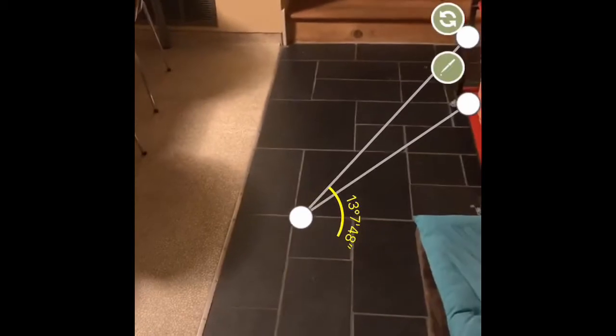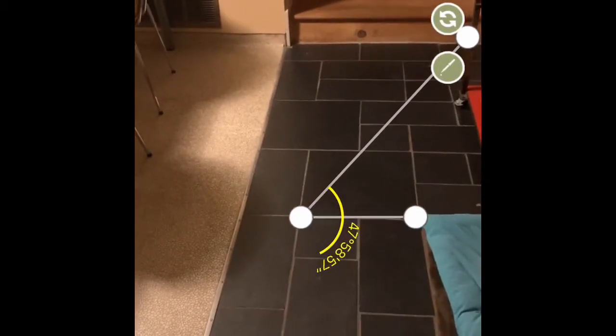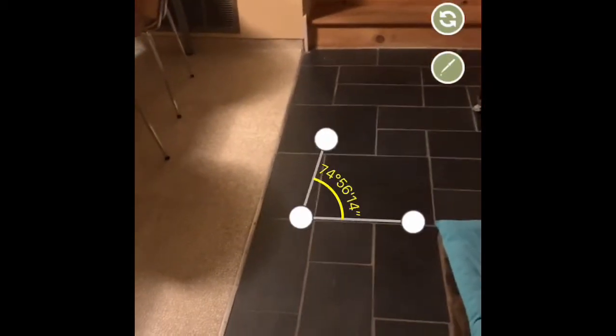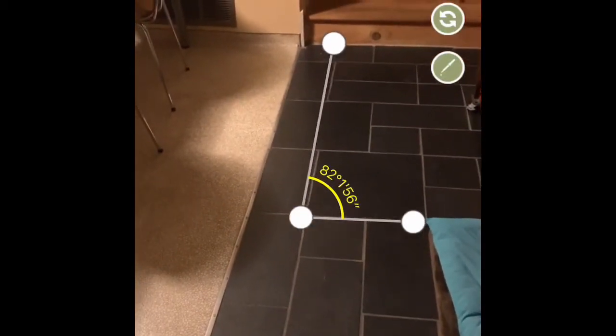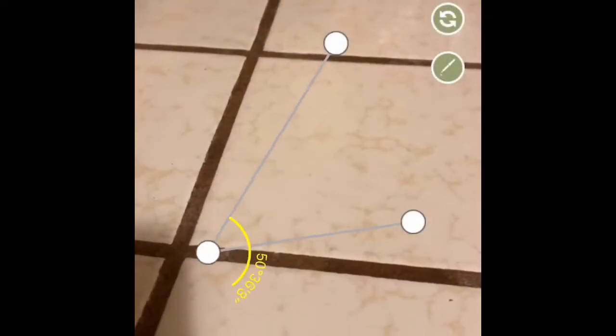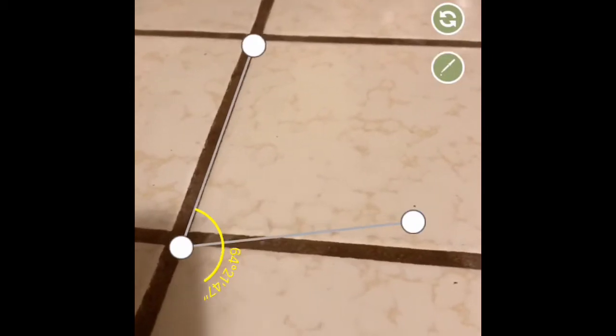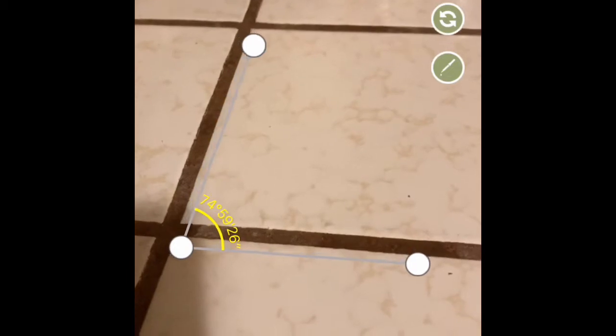Some features of the app that were less than optimal were the fact that the dots you can see that I'm moving around, the white dots that are connected to the lines, are very big. So especially when you're trying to find the vertex of the angle in the live camera shooting, it's hard to place the vertex exactly on the specific spot of the angle because your finger's on top of it, and two, because the white dot is so big that it covers up the vertex. In addition,